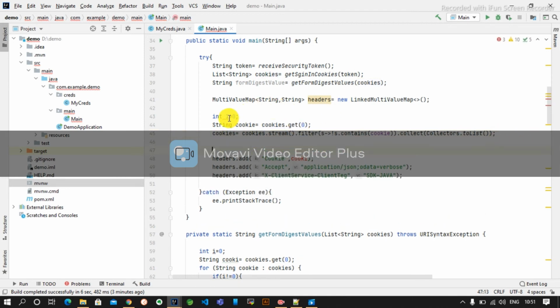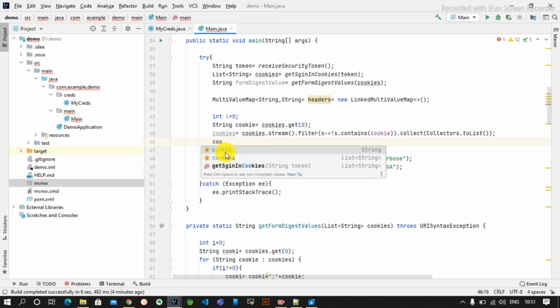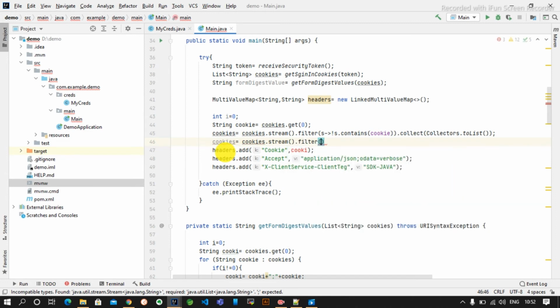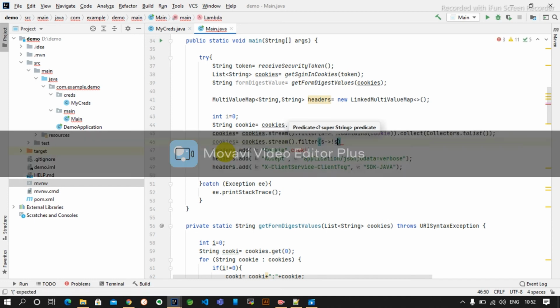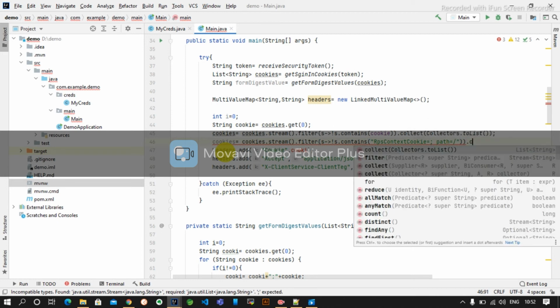Okay, so here int i is equal to 0. Then we need to extract cookies is equal to cookies dot stream dot filter s, s dot contains rps context cookie, path equal to slash, dot collector to list.